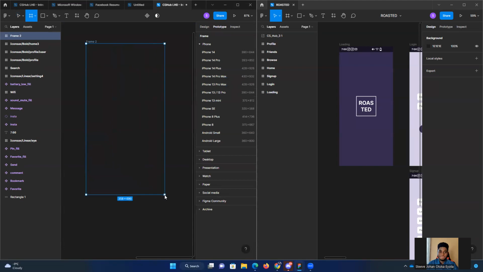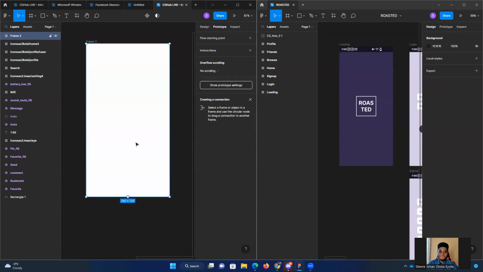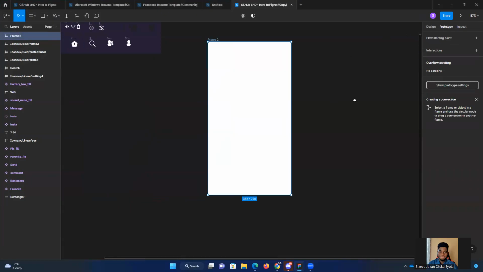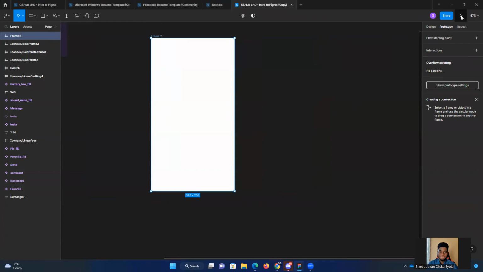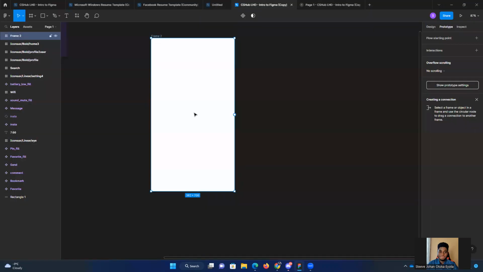So what I can do here is that I am creating a frame, but if we check it, like if I try to visualize this frame as it is right now, by pressing on this button here to present, it's going to load by design and show it to me like this. I see here that I have my frame here, but it's not really aligned to the screen. So what you really want to do is to ideally have your frame and your screen being the same